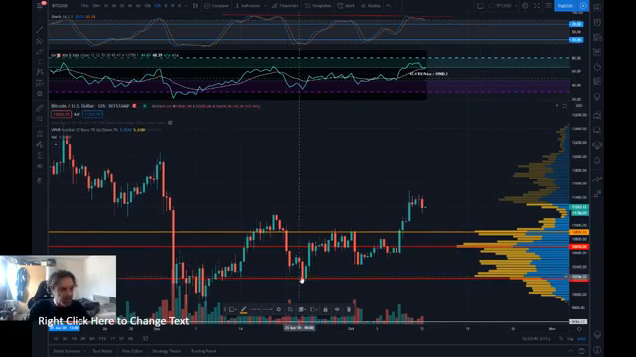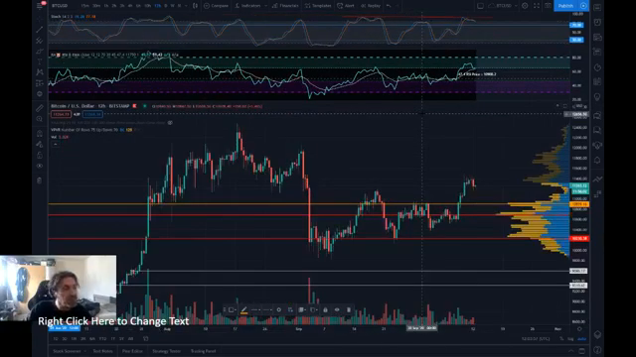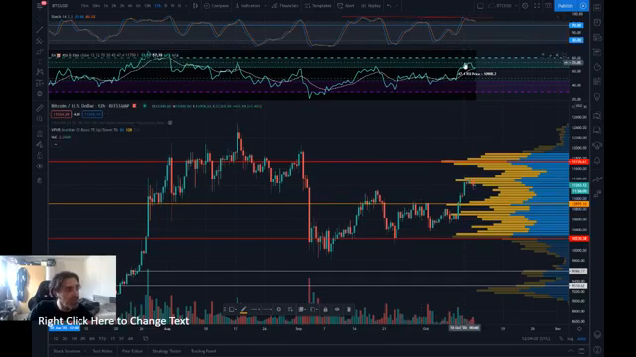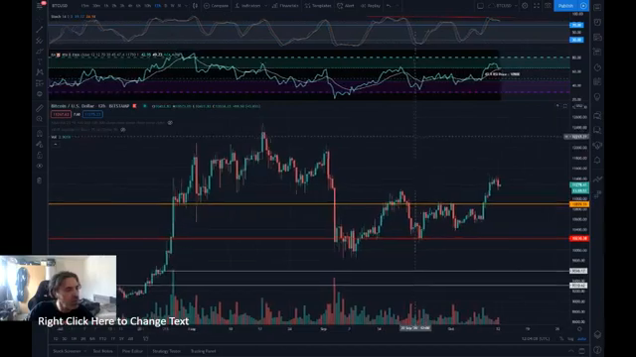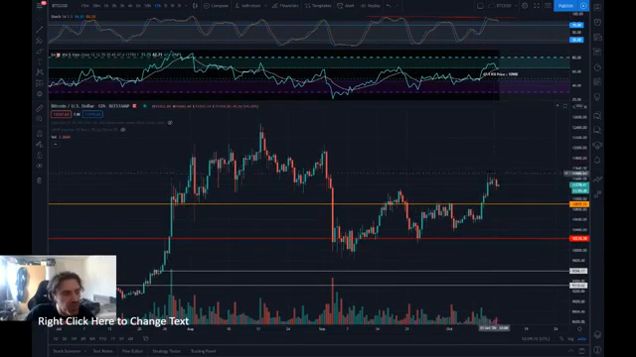Because think about it, people have been longing here. Maybe they were able to get out. Maybe they just saw on RSI that this is a continuation move. Maybe they even added to their long position. They see the whole way up, and what do they see? They see that this high of the RSI, on this here, wait, let me turn off volume profile because we don't need it anymore. This high here